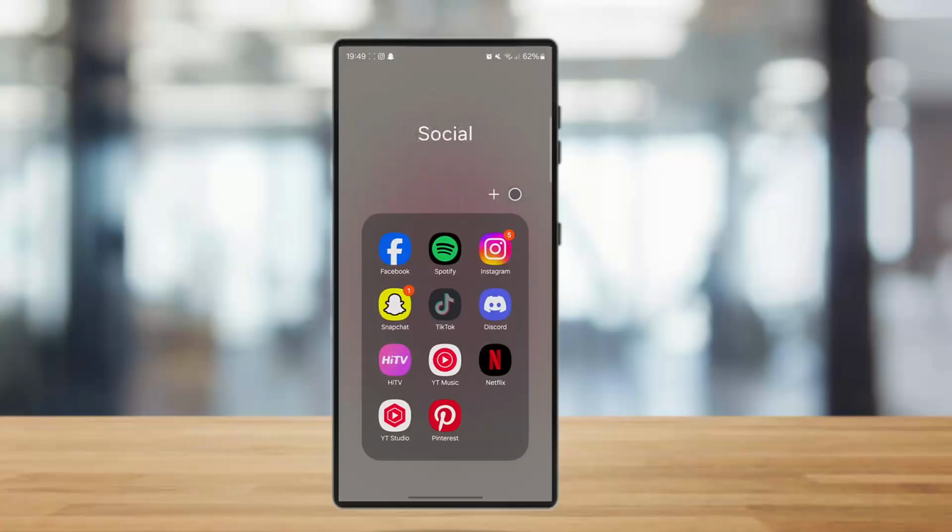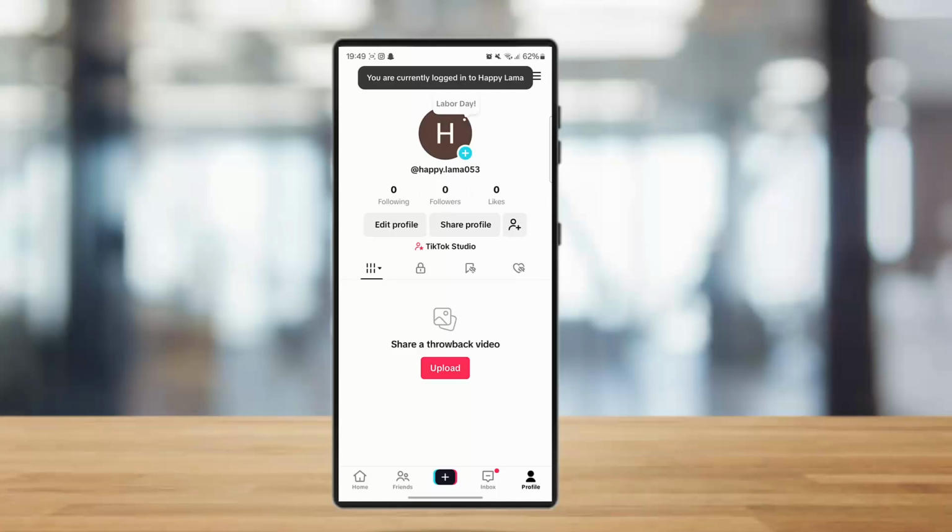So if you want to open your TikTok account, you will end up in this kind of interface. So if you aren't logging into your TikTok and you have a different account, that is an old TikTok account, and you don't even have its password, email or phone number and you want to delete it, then all you can do is simply email